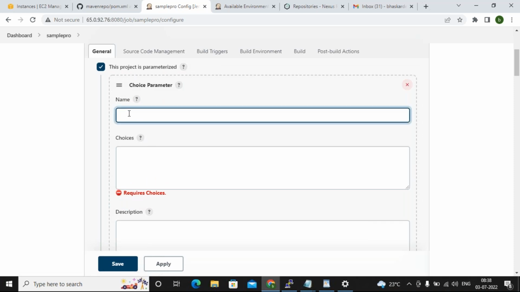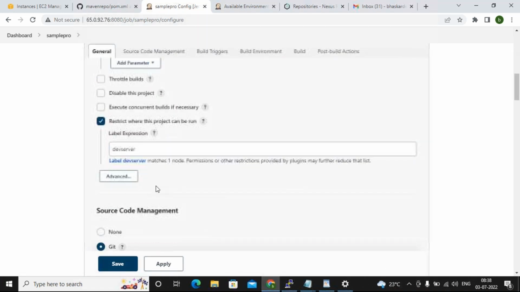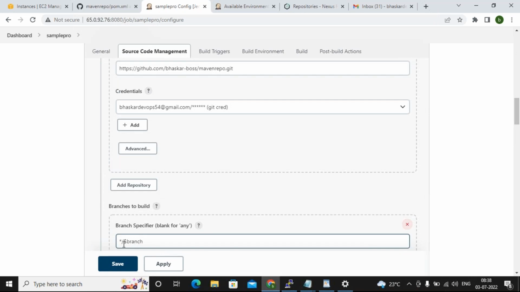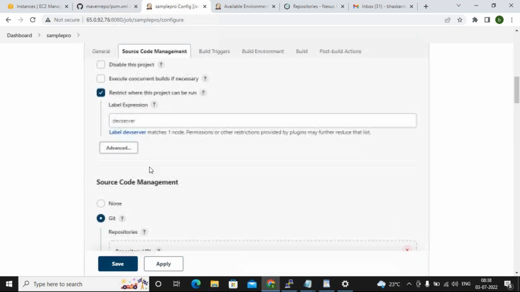What is my variable name? The same name I have to give, guys. What is my variable name here? Branch, not dollar branch. Branch is the variable, guys. To call the variable I use dollar variable. Okay? So here branch is the variable. Branch is my variable.